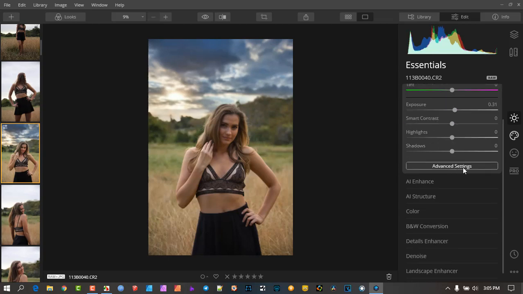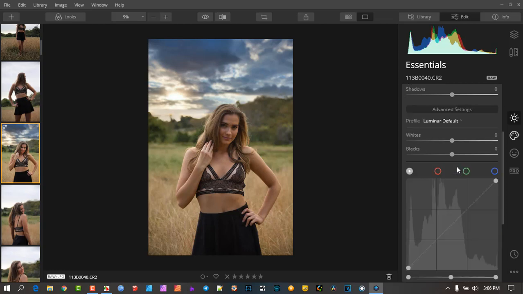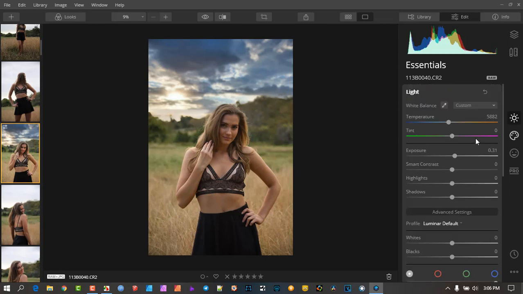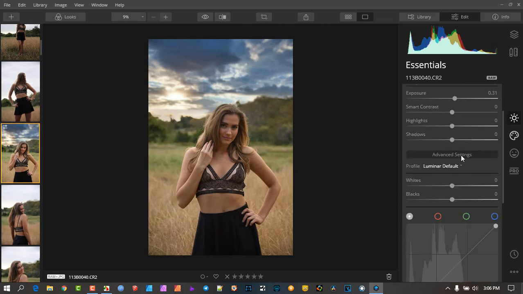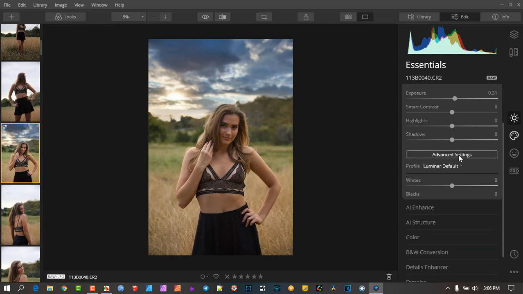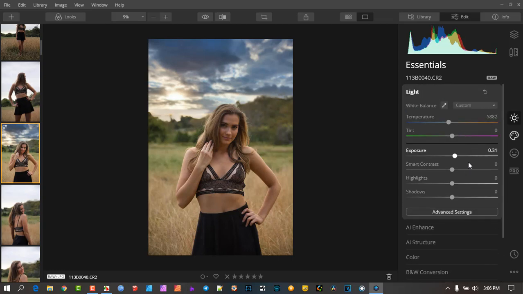And in the same way, the advanced settings are tucked away so you don't have to keep scrolling down through all this stuff. I think the UI is just incredible. That's about the third time I've mentioned it, but I'm excited about it. So advanced settings, you can always tuck it away, and then work with your highlights and the shadow areas in